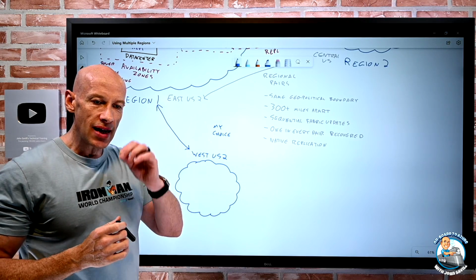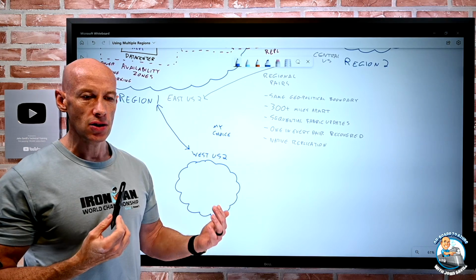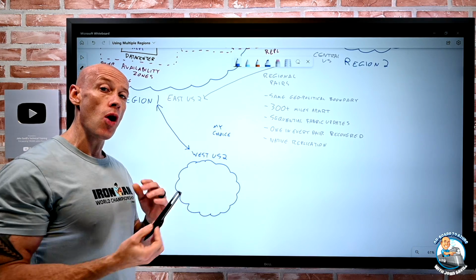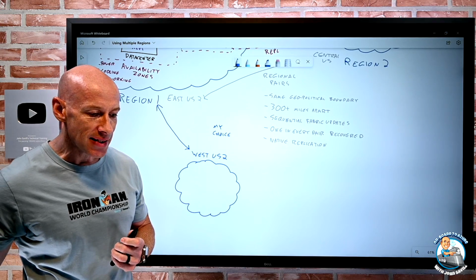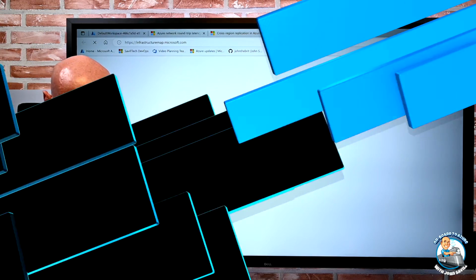I just have to think about a few key factors of what does it mean in terms of what am I expecting from those regional pairs. And again, there's a massive number of regions. If we go and look at the map, for example,